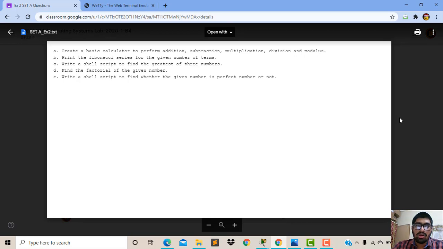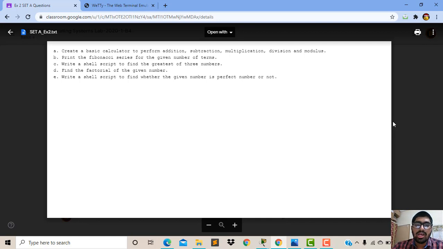We wrote a shell script to find the greatest of three numbers, where we use the greater-than operator, and the factorial of a given number. To check a perfect number, the sum of the divisors must equal the number. If the sum of the divisors is not equal to the number, then it is not a perfect number.